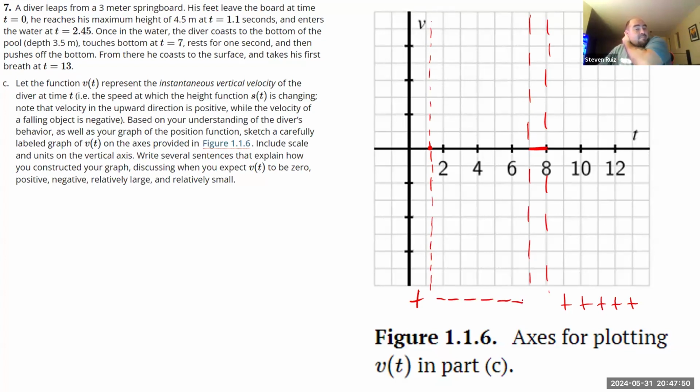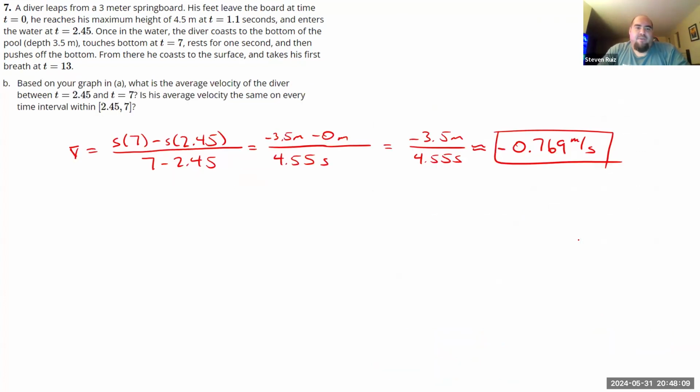velocities. So I think we have a very good idea now as to what the signs of our slopes are going to be, what the signs of our velocities are going to be. Are they going to be positive, are they going to be negative, or are they going to be 0? So now let's try to get a sense of what these values are. So let's start at the beginning. Let's go back to our